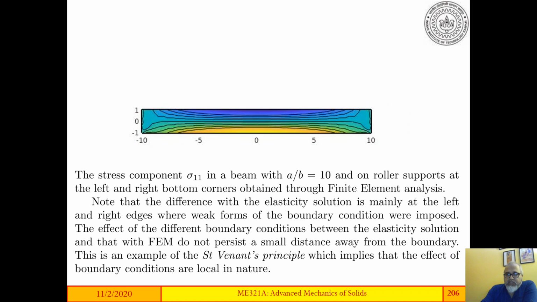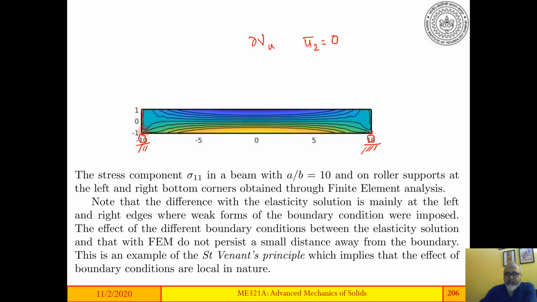Now here is an exact finite element solution. This is an exact solution with roller supports here. Roller supports mean that these two points are part of your del V_u, where U2 bar is equal to 0. So at these two points,